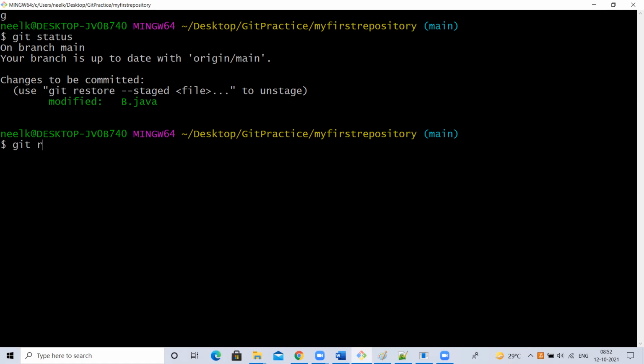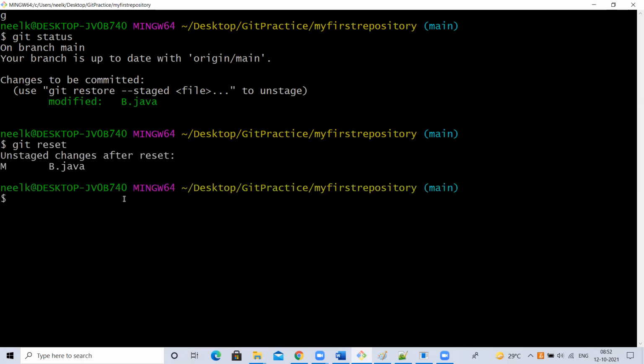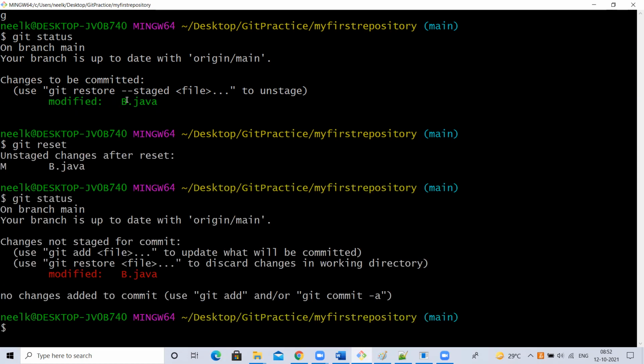So git reset is a command, right? Git reset is the command which will take out the files from the staging area, which will remove them. Means the staging area is a logical area, right? We just add it into the staging area. I don't want it to be in the staging area. I want to take it out from the staging area. What is the command to take it out? Git reset. Understood, guys? If you want only one file to reset, you have to give the file name.